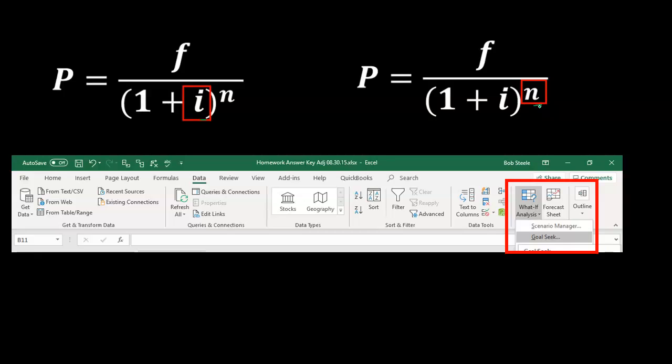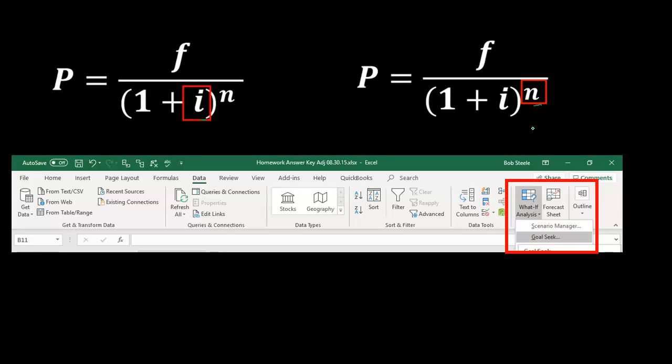In practice, it's nice to know the major formulas, which is going to be the present value and the future value. And then we could use a tool called goal seek. Instead of memorizing 3 formulas for every possible unknown in these functions, we can use the one formula, present value, future value, and then use goal seek if we need to solve for any other item. And that's one method that you can go through this, and that will simplify at least the amount of things that you have to memorize when you think about these types of problems.